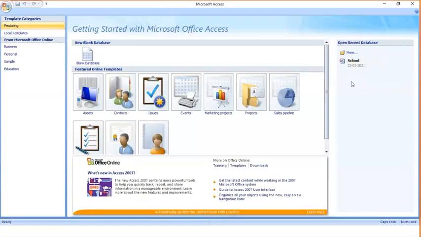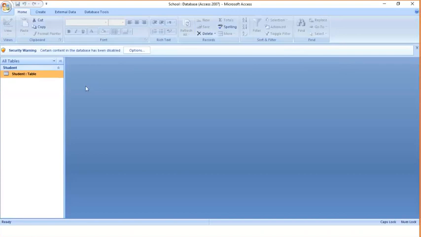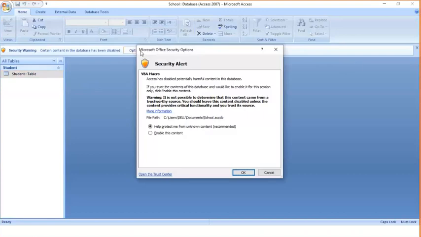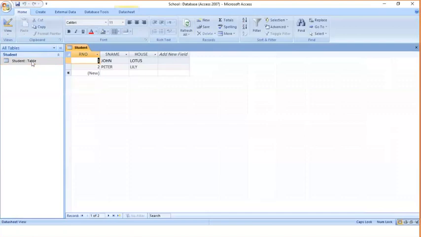There you can go and click on school. If some options come, you have to enable this content, and you can see the table is there. It will store the data permanently. Now this is regarding the table.